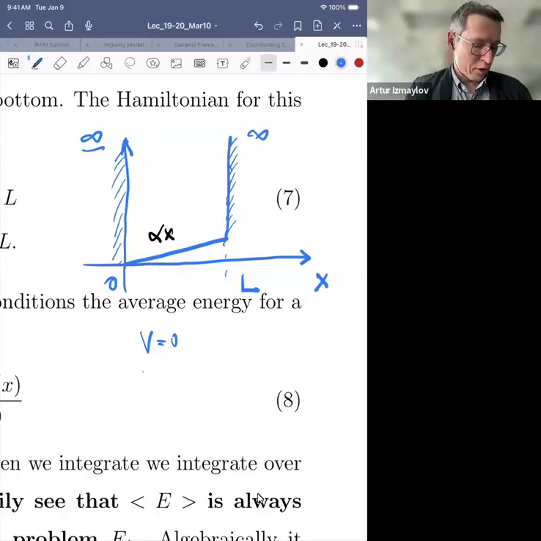We have a potential equal to alpha x, right? So this is an inclined bottom of the well. In that situation, there is no solution that one can easily find. Even for this simple problem of a particle in a box with an inclined bottom,